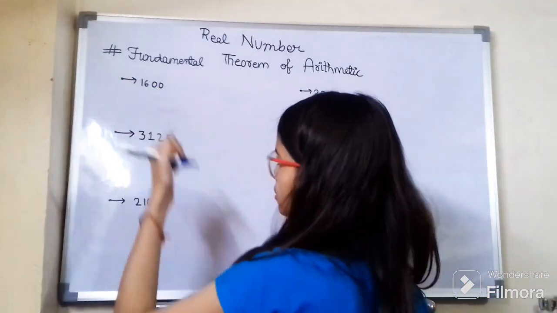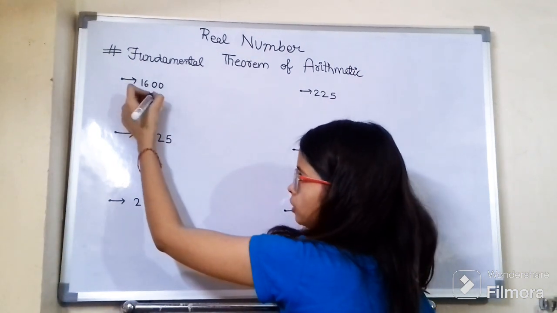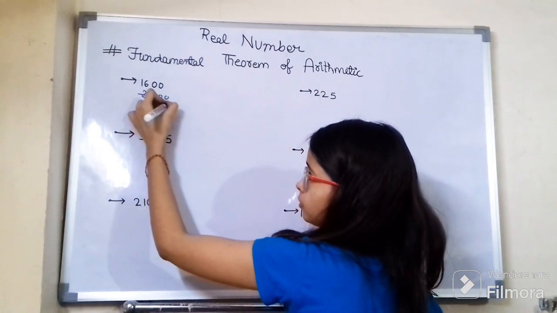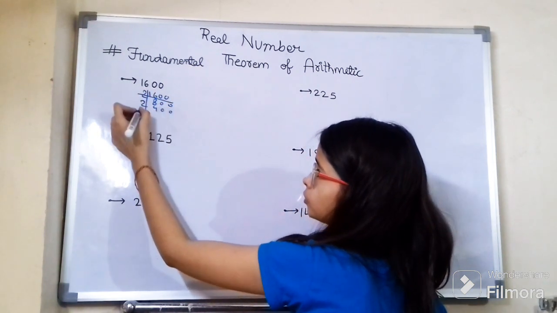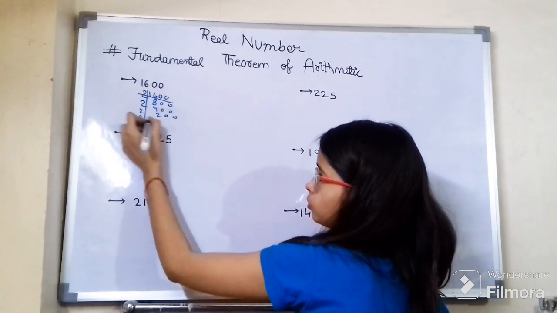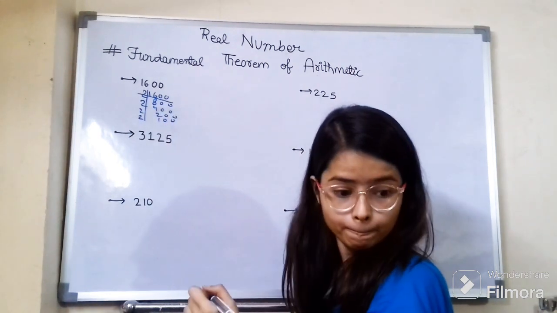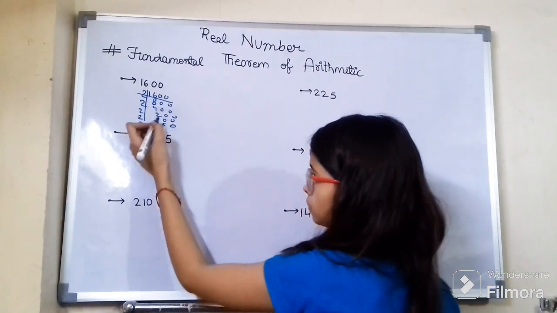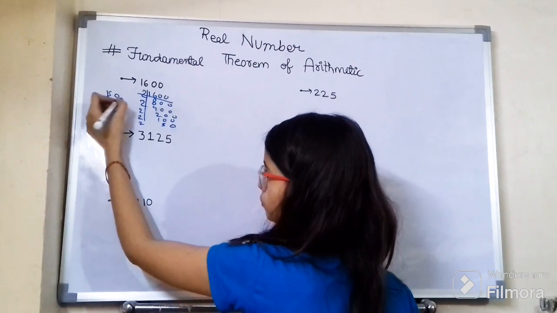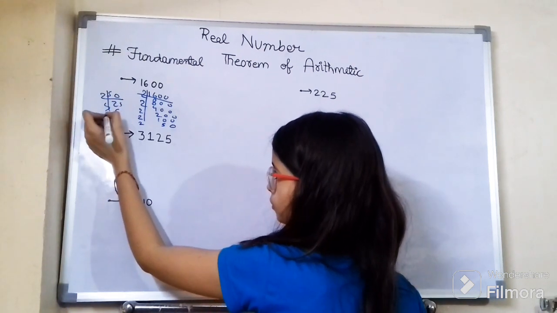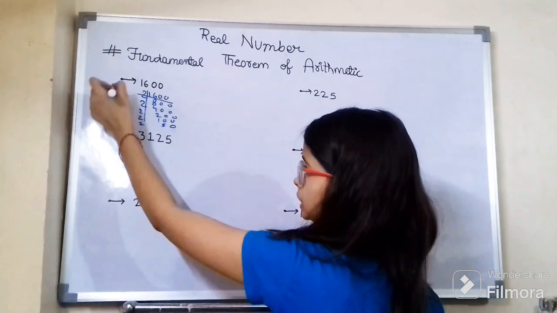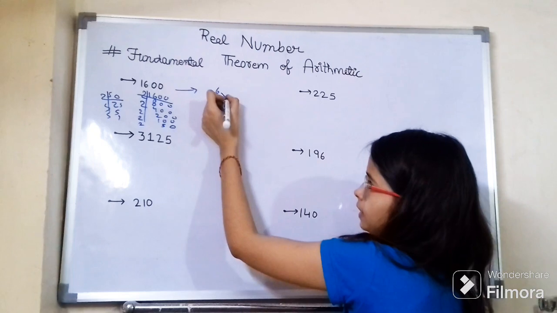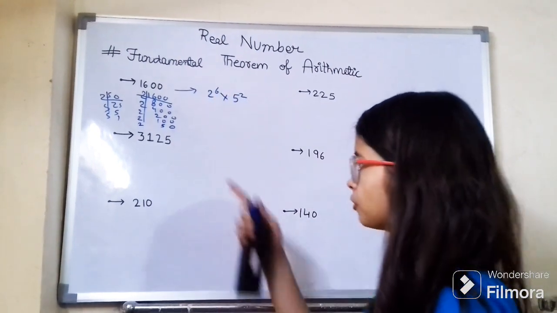For example, for the very first we have 1600. Let's find out its prime factors. So we can write 1600 as 2 to the power 6 into 5 square. Now the next number we have